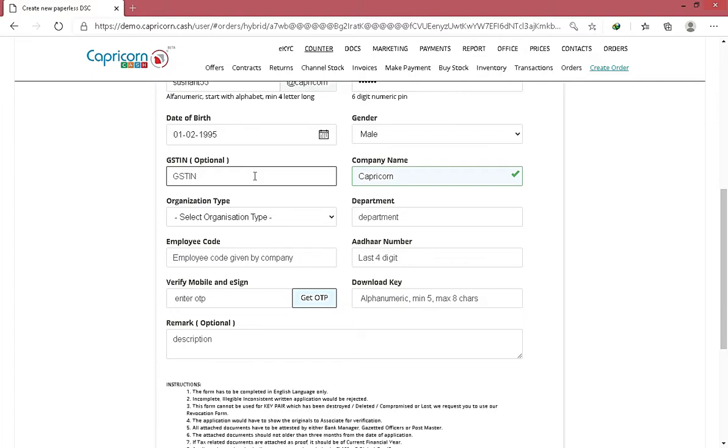If you do not mention the GST number, then you have to provide us 3 more documents, that is the PAN card of the organization, certificate of incorporation and the bank statement of that organization. In case you enter the GST number, then you do not have to provide all these documents, you just have to provide a filing of the last 3 months. Employee code is an organization's code provided to the employees of that organization. So every employee in an organization has this code which can be mentioned here while creating the eKYC account of the authorized signatory.